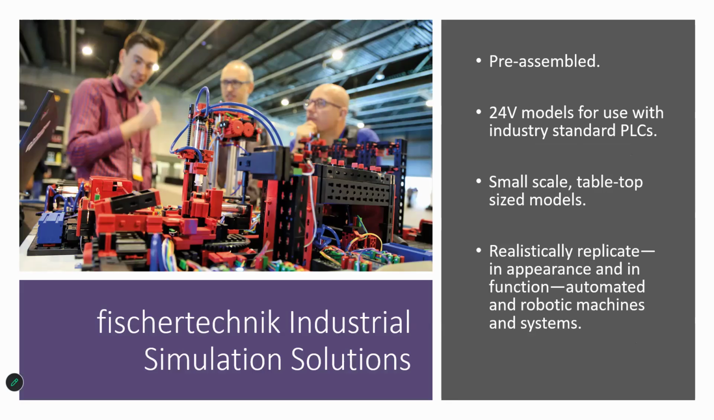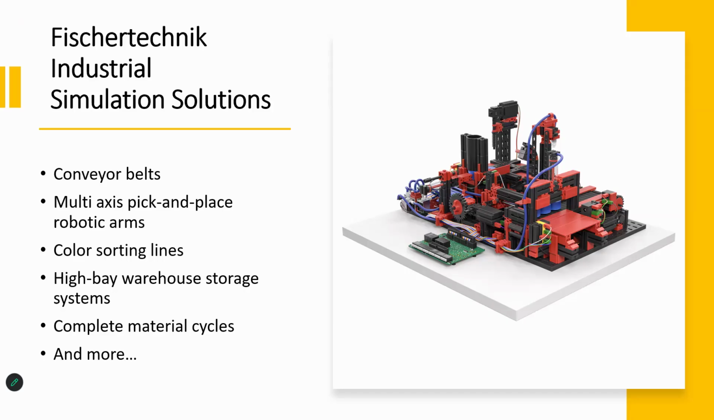you're going to find in the system are going to be things like simple conveyor belts, multi-axis pick-and-place robotic arms, color sorting lines, high bay warehouse storage systems, and even complete material cycles. Now, besides these individual models, which will focus on specific automated processes,